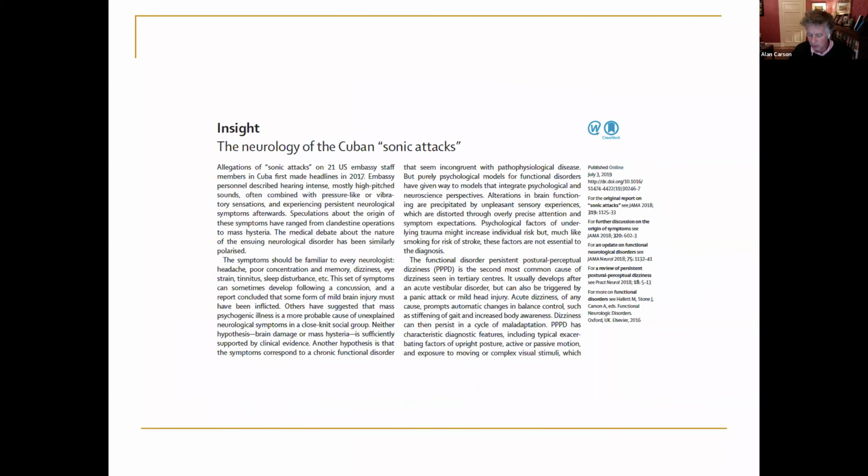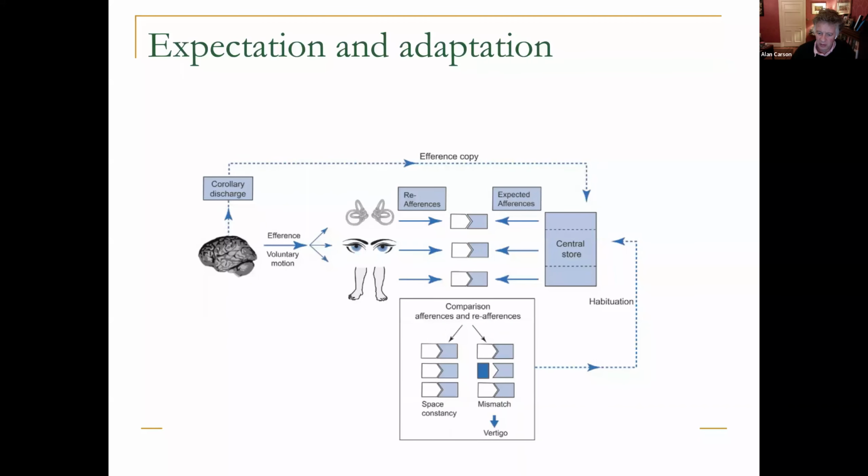There's certainly little doubt that the only diagnosed problem in the survivors of these attacks, if that's the right word to use, is persistent postural-perceptual dizziness, which is a functional disorder. And that's certainly the finding of the American Academy of Sciences, although they don't actually make any comment to that effect. But we can see these narratives emerging, how we might consider this, and this tension between people: do they want the idea that their diplomats could develop a functional disorder, or is that intolerable as an idea for the diplomats?